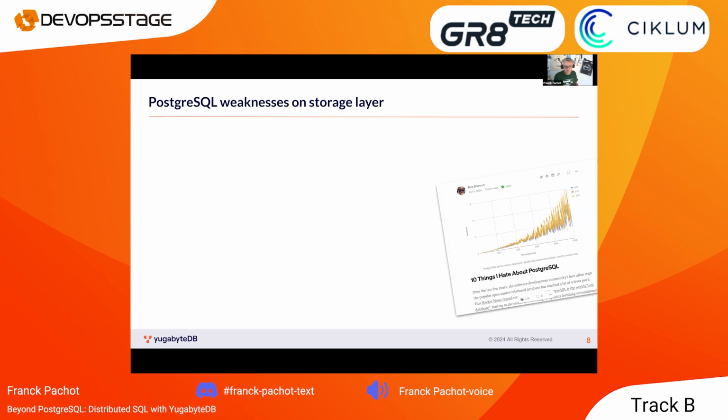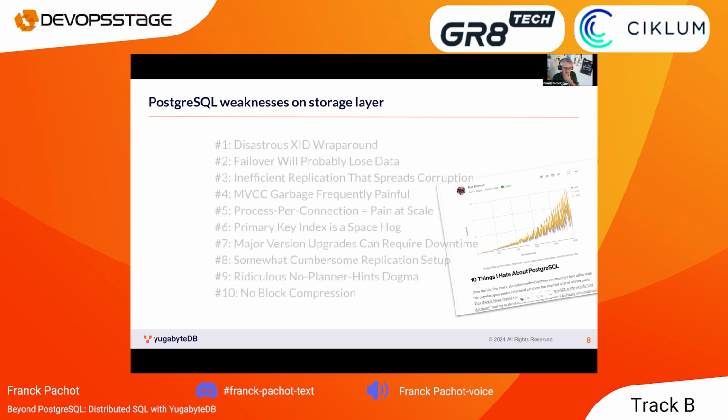The storage layer has a few weaknesses because Postgres is quite old and was built for very different hardware. Those are quite well summarized by Rick Branson in an article where he mentioned 10 things he hates about Postgres. He mentions that he likes Postgres, but there are 10 things